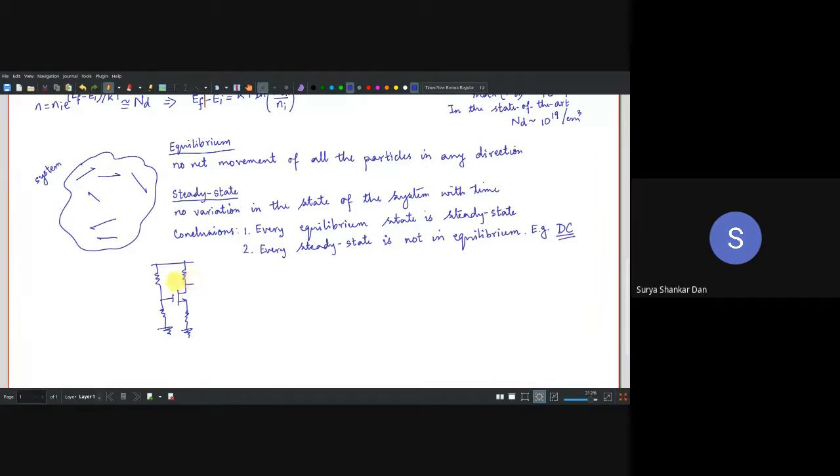In fact, whatever analysis that we have done until now in this semester, mostly these are all DC. We will come to high frequency analysis later. Then we will have to deal with the capacitances. अभी तक हमने capacitance के बारे में कोई बात ही नहीं की है. So in DC, remember all the capacitances are open circuited. So as a consequence, we don't have to bother about it. All right. So no steady state is this one.